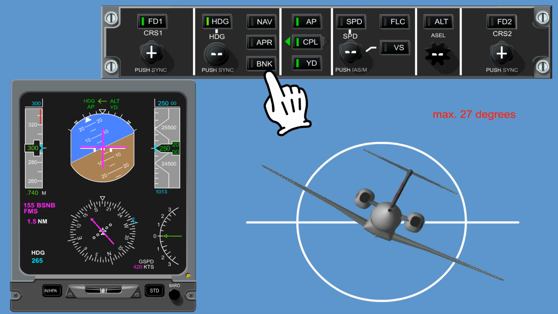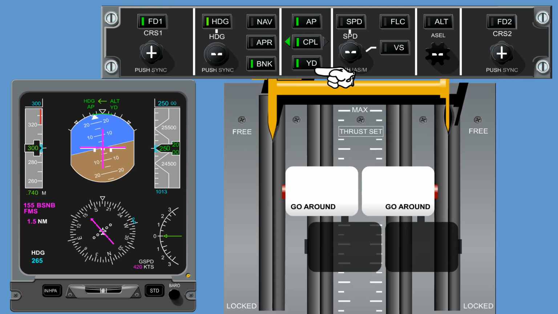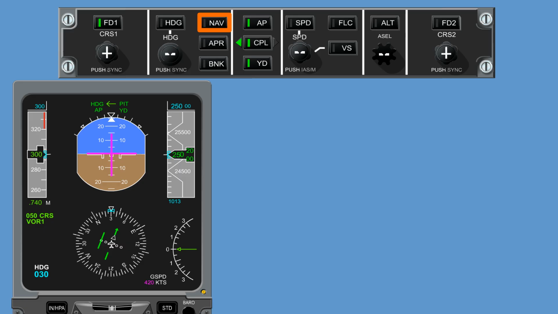However, by pushing the bank button, the maximum angle of bank can be limited to 14 degrees in the heading select mode. The heading select mode is cancelled by either pushing the heading button again, by the automatic capture of any other lateral mode, by coupling to the cross-side flight director, or by the selection of the go-around button, or on ground. Selecting the navigation button on the flight guidance controller allows automatic interception, capture, and tracking of the selected